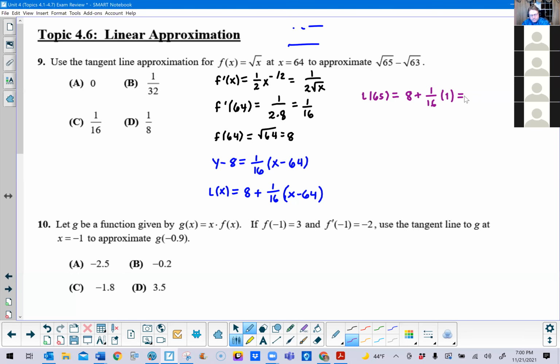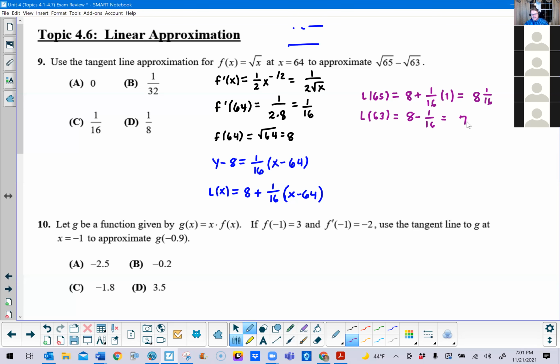Maybe we will, maybe we won't. I don't know. Right now, I'll just call it 8 and 1/16, and we'll just see where that takes us, right? Because that's what 8 plus 1/16 is, 8 and 1/16. And then if we do the same thing for L of 63, I think you all can probably tell that this is just going to give you a -1 here times that 1/16. So this would be 8 minus 1/16, which, okay, if we wrote that as a mixed fraction, that's